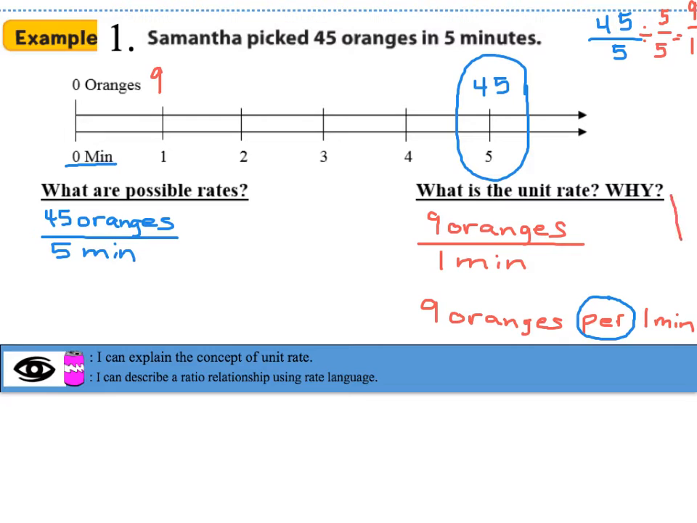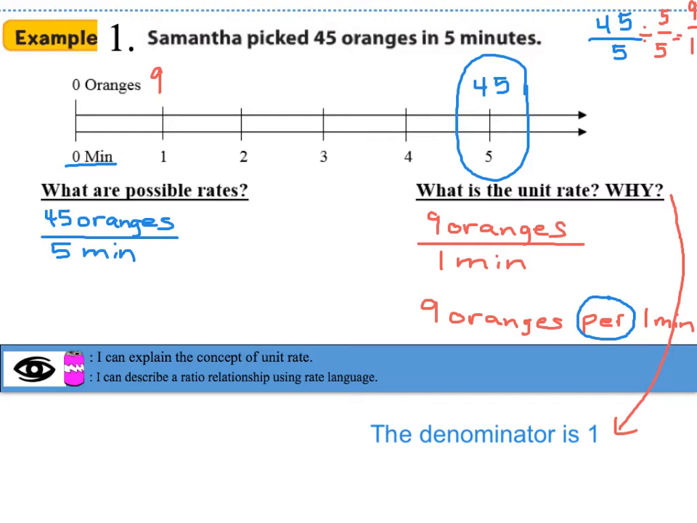So the next thing they're asking, why is this a unit rate? And the reason it's a unit rate is because the denominator is equal to 1. So what we can do now is we can use our double number line to figure out other possible rates using our unit rate. So I'm going to take my unit rate, which is 9 over 1, and I'm going